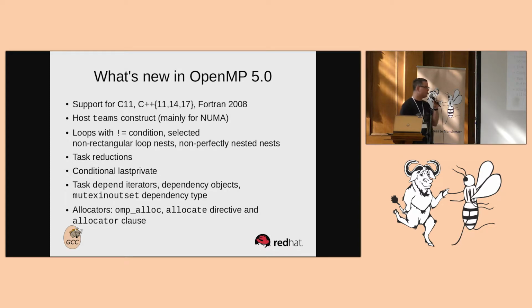Another feature is conditional lastprivate. Lastprivate usually works by just assigning the value from the last iteration to the original variable. And conditional lastprivate is meant for loops where the assignment to the variable is guarded by some condition which might be false during the last iteration, and in that case you want a value from some other iteration. It's basically some kind of reduction where you reduce using a Boolean which marks the iteration where the condition was met, and so the parsing again is done, and the implementation will be nasty,